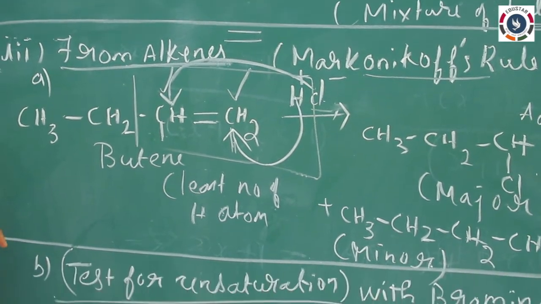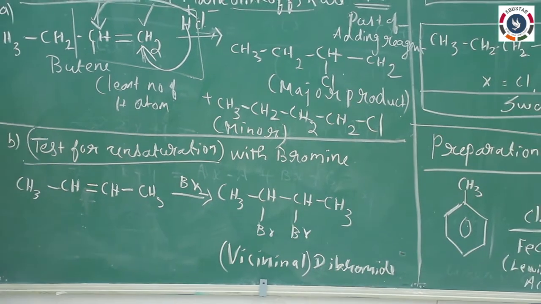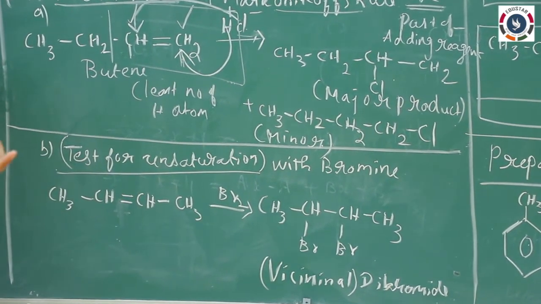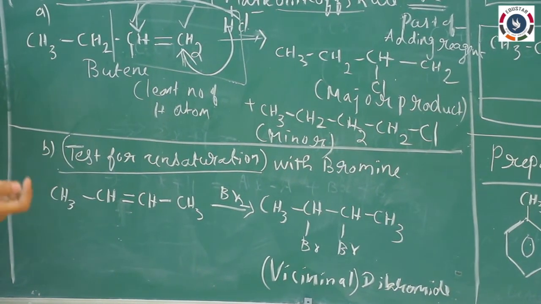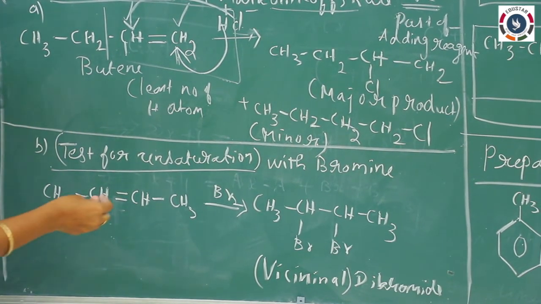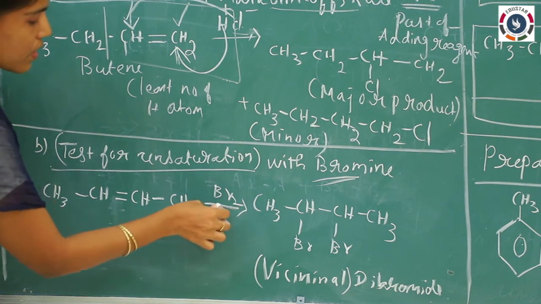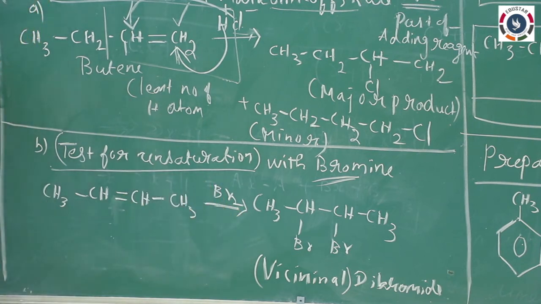Okay. The next thing is actually a test for unsaturation. What is unsaturation? That is, compounds with a double bond or triple bond are there, and we have a test to find this out. So that is, we are going to add bromine. So what is the reagent here? I have taken bromine as the reagent. On adding bromine to any unsaturated compound, the color of the bromine fades or it gets converted to a white colored precipitate. Okay.